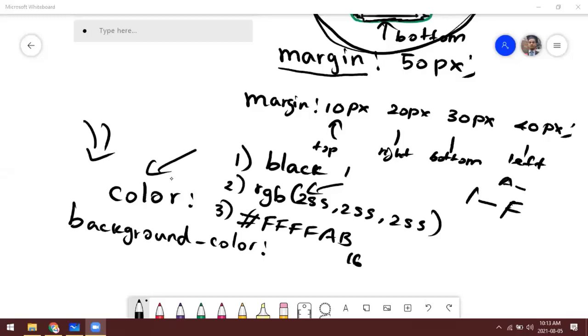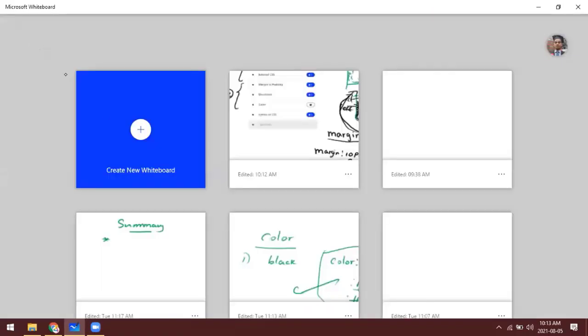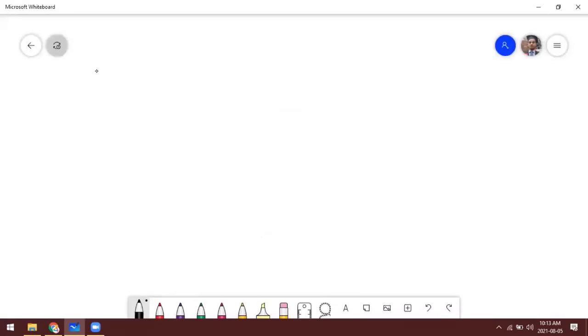Now let's learn new things today. As we touched on in the previous class, one most important area in CSS is the selector, right? So let's understand in which ways we can use selectors. If you want to master CSS, you should master how to use the selector.